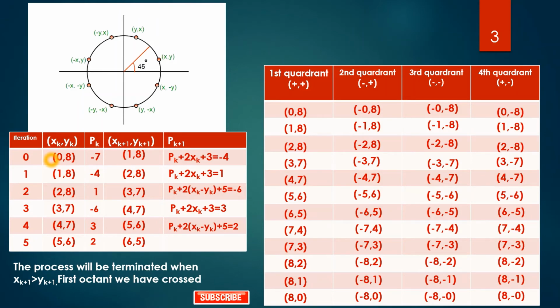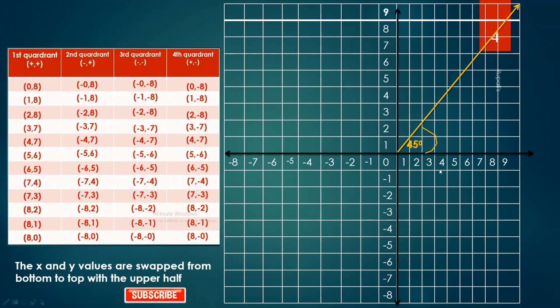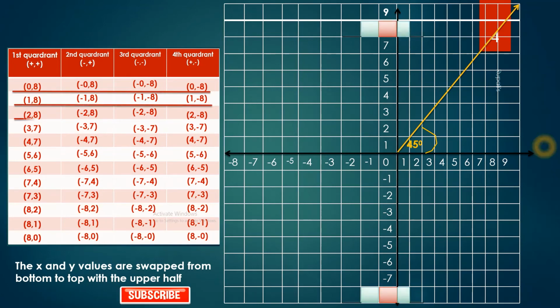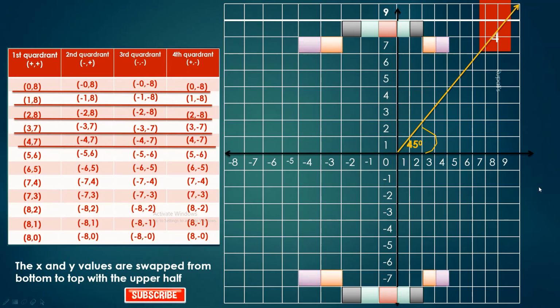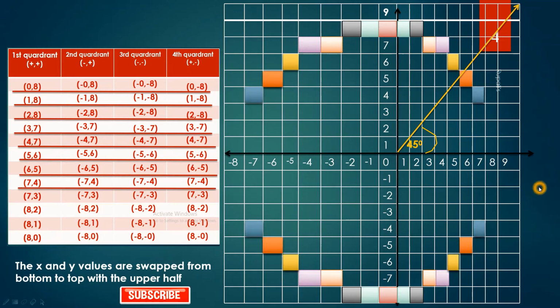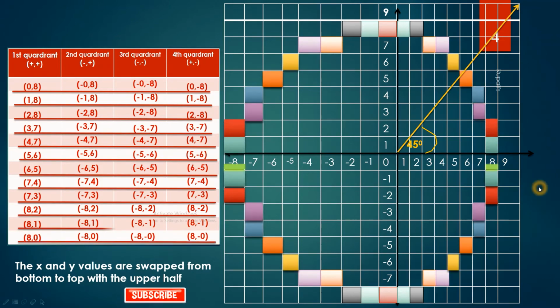Now, you have to draw the circle. How can we draw the circle? So, this is our table, this is our graph paper. Now, we have to draw the circle using the midpoint circle drawing algorithm. Just plot the circle in the first, second, third and fourth quadrants. Like 2, 8: it is 2, 8, minus 2, 8, minus 2, minus 8, and 2, minus 8. In this way, you get 4 sets of pixels in each turn. After plotting, you get the whole circle. In this way, you can draw any circle by the midpoint circle drawing algorithm.